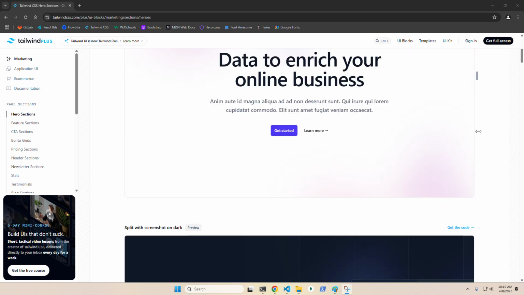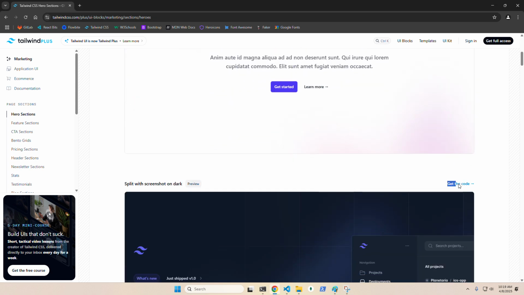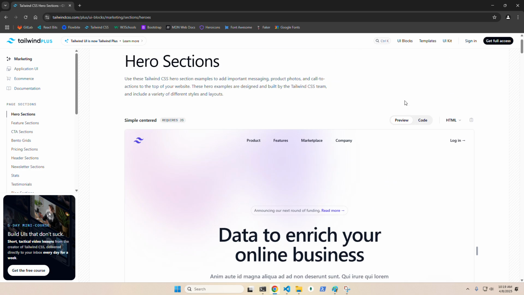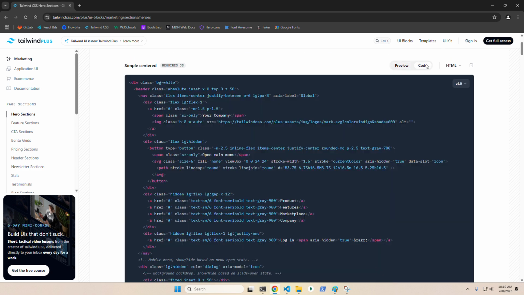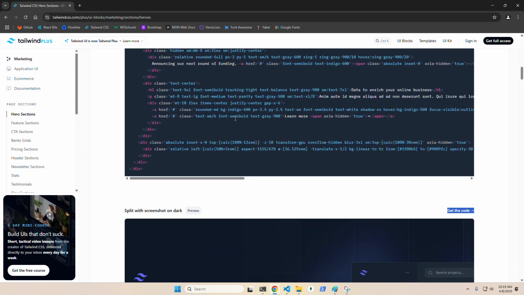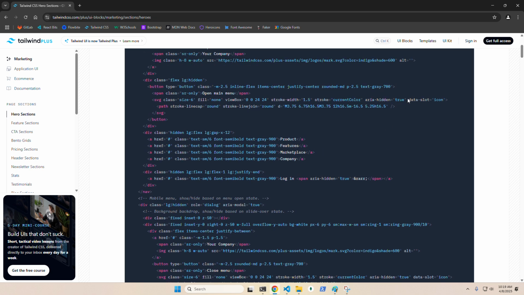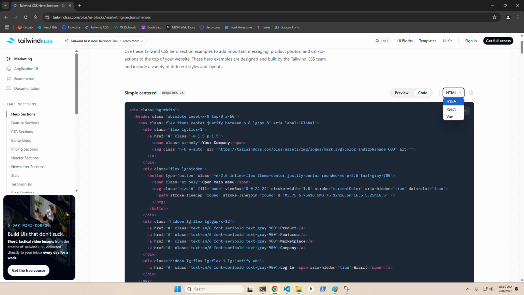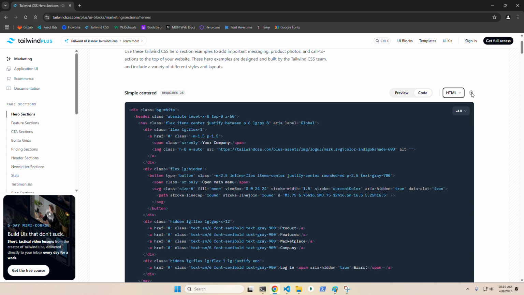You definitely want to choose one that has this preview and code stuff at the top. The ones that say get the code, you have to pay for those. But it gives you a cool little preview right here. And then if you click on code, it will show you the code that you need to make your website look like their section. You do have the option of choosing HTML, React, or Vue. I like to use the HTML version, and then you can just click on this little clipboard here that's copied for you,